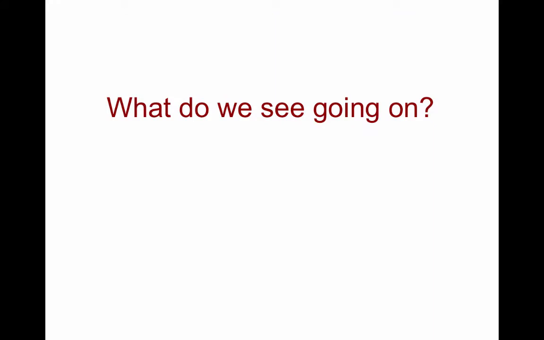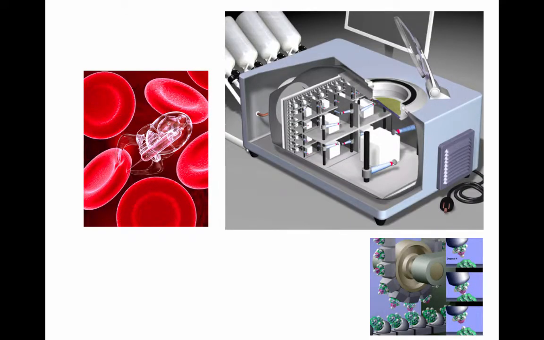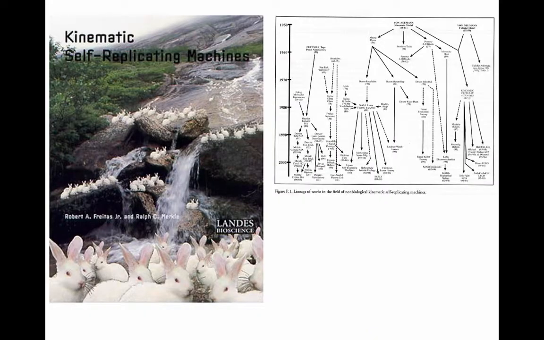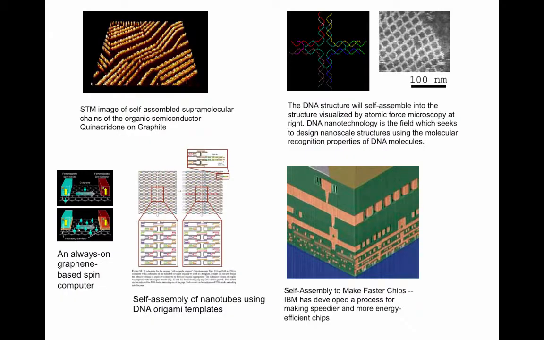So what are some of the things we see going on? And of course, people have been working on related ideas in nanotechnology. Here's a little nanotech home assembler that can make you anything, proposed. The nanotech people reject this genomic approach because it's not molecularly precise, which is important to them. But maybe these two should be getting together. Robert Freitas and Ralph Merkle have this book, Kinematic Self-Replicating Machines. They have a massive patent on this kind of stuff, worth downloading and looking into.